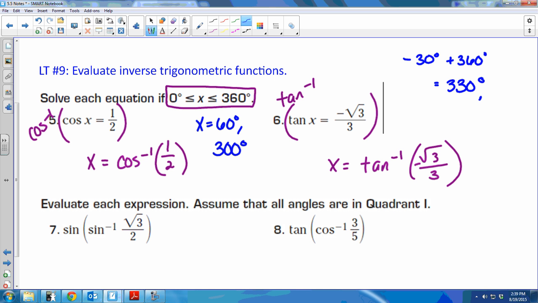So here my two answers were 330 and 150 degrees. Okay? So those you'll need to start out using your calculator and finish using the unit circle. Make sure you understand there may be more than one solution. Now, on the last two,